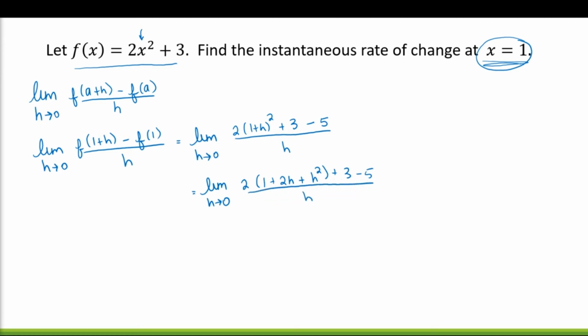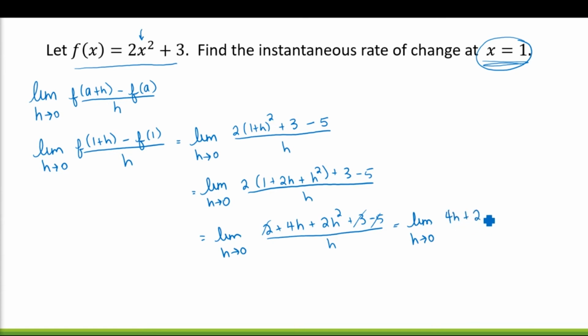over h. And I can distribute that 2 to get the limit as h approaches 0 of 2 plus 4h plus 2h squared plus 3 minus 5 over h. And if we combine like terms, we have a 2 plus 3 minus 5, which is 0. So this is the limit as h approaches 0 of 4h plus 2h squared